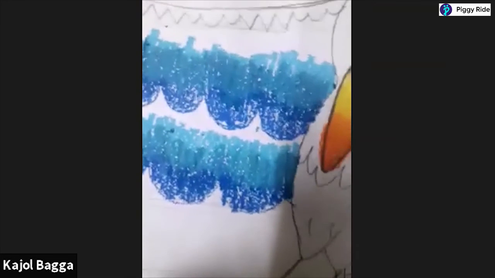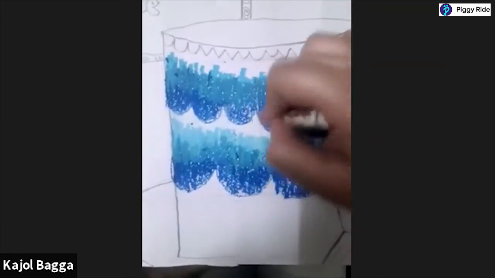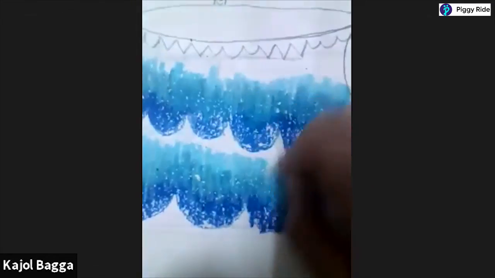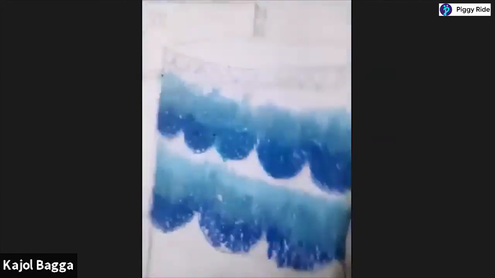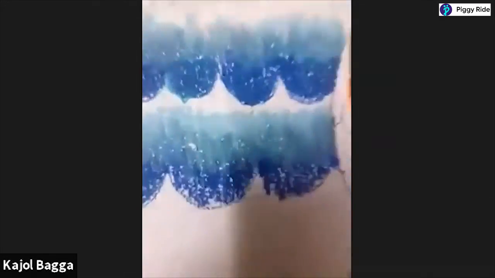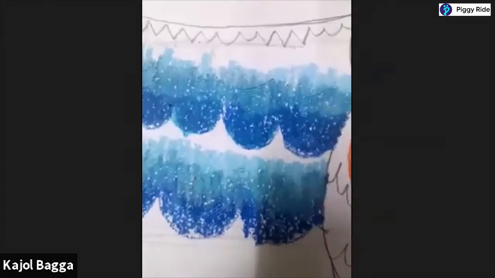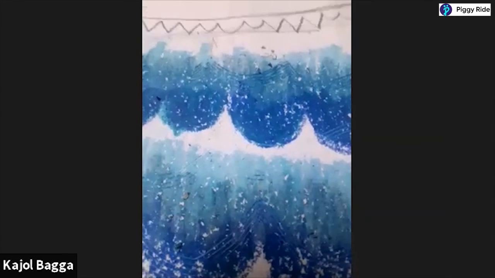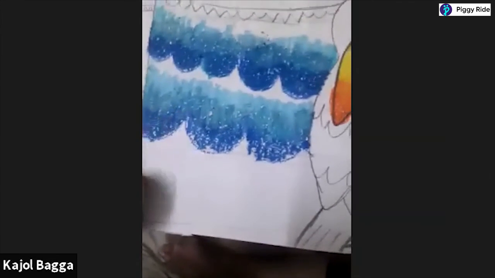So whenever we are taking white in this, it will come out like this. Can you see the designs of the scraper? Done. And you can do the same color here down also. The same curve here down also.